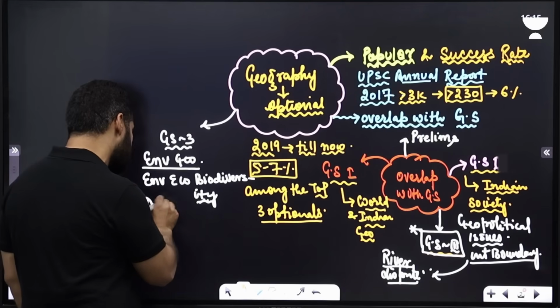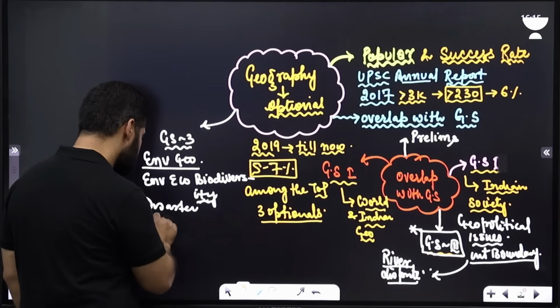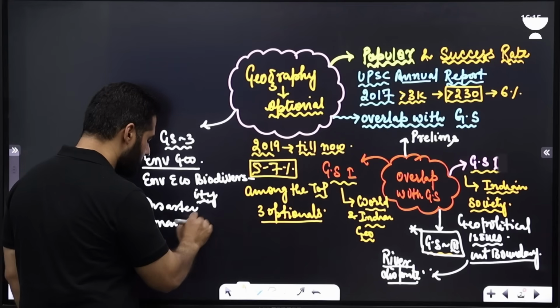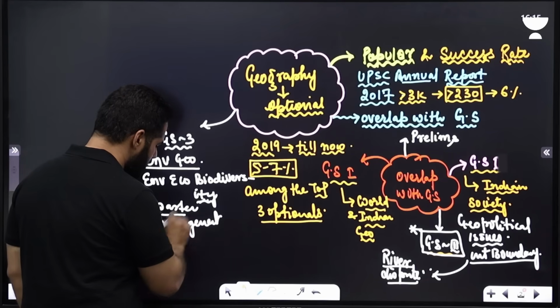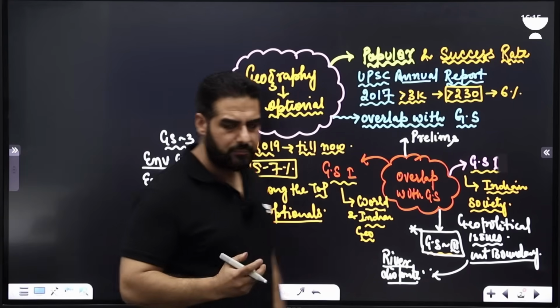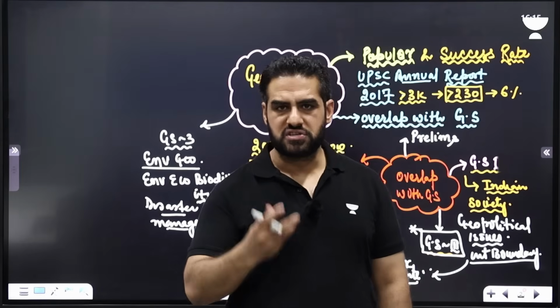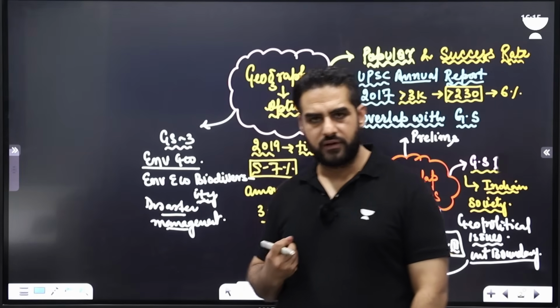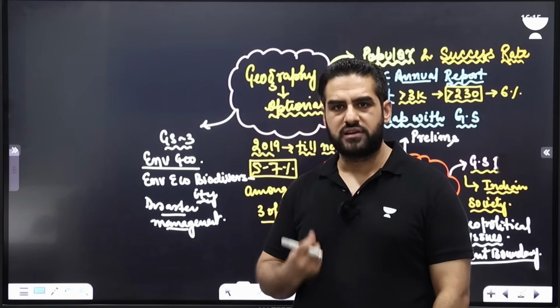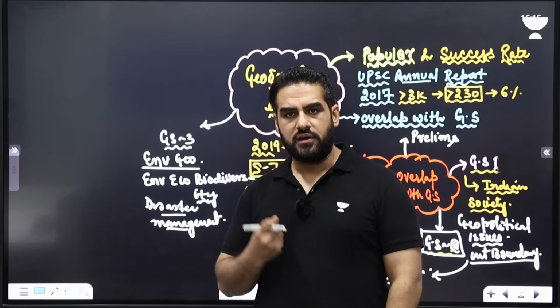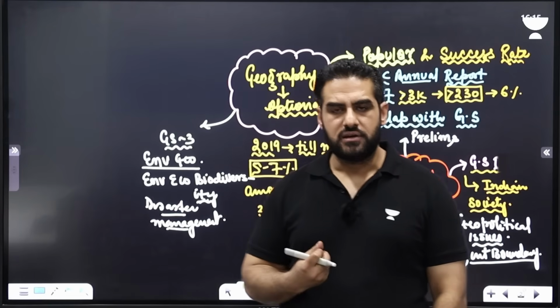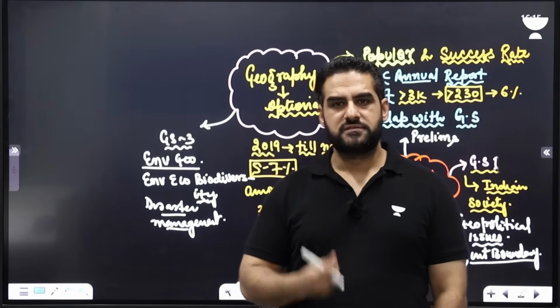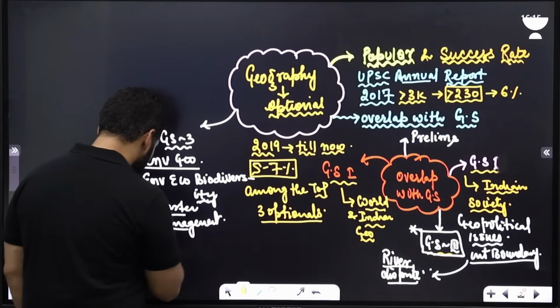Then disaster management. So I take some examples like urban flood, causes of urban flood, consequences of urban flood. Similarly, another example like earthquakes, landslides, heat waves, cold waves, and